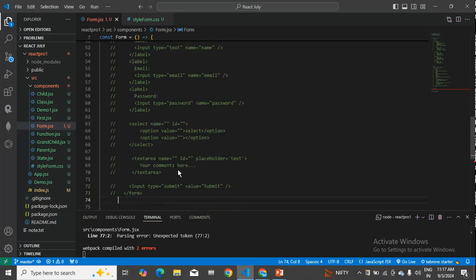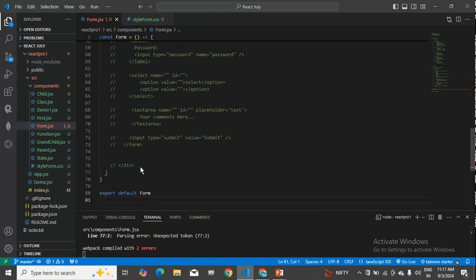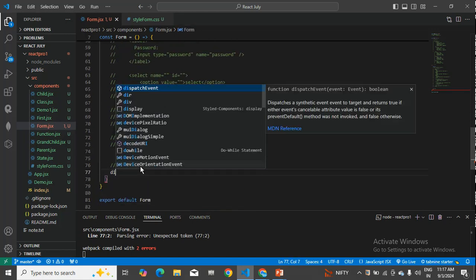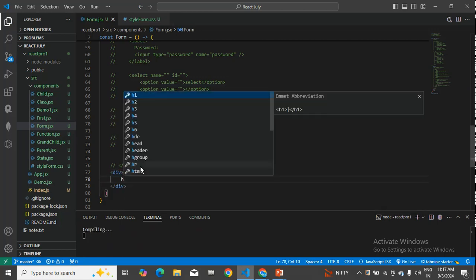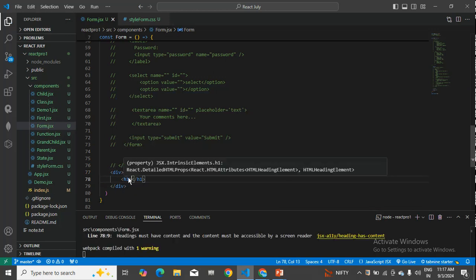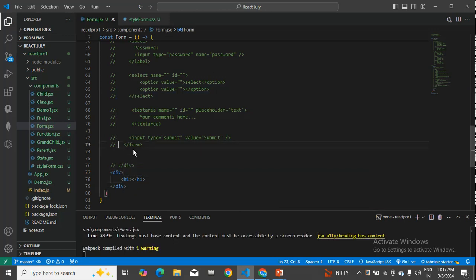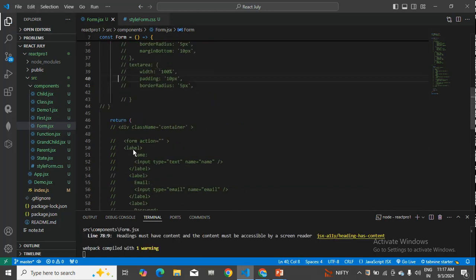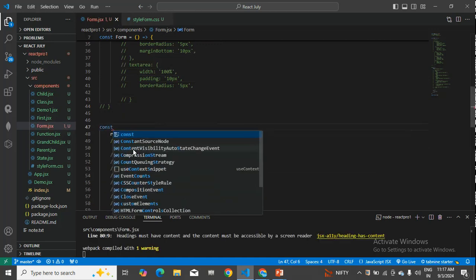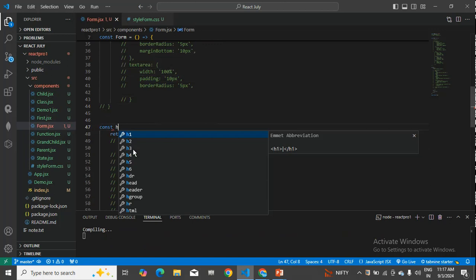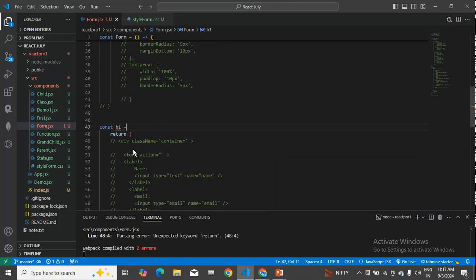So now I'll be able to execute whatever I write, that is div. I'll take one of my h1 tags, and now I'll apply and see in the same way, that is const h1 is equals to